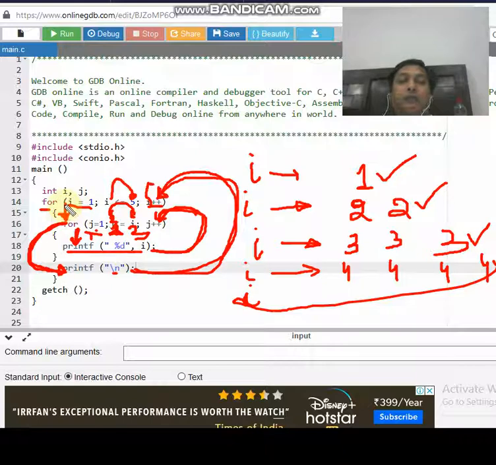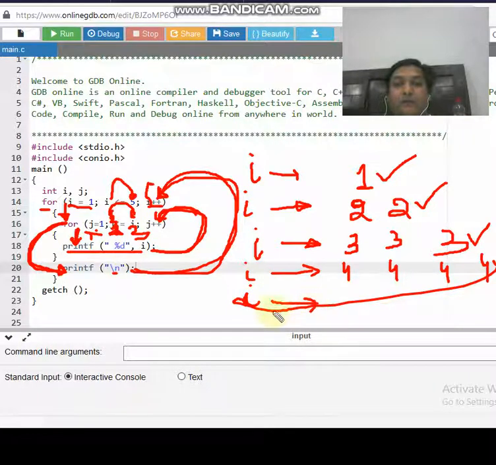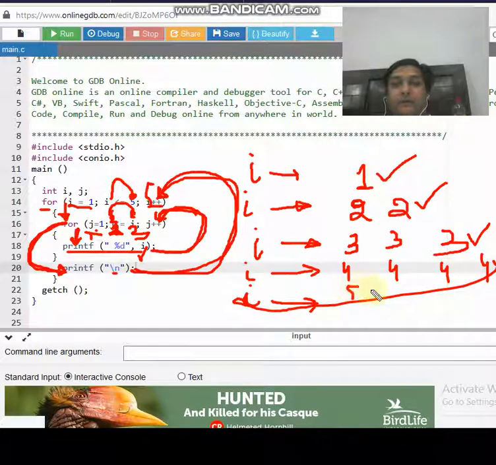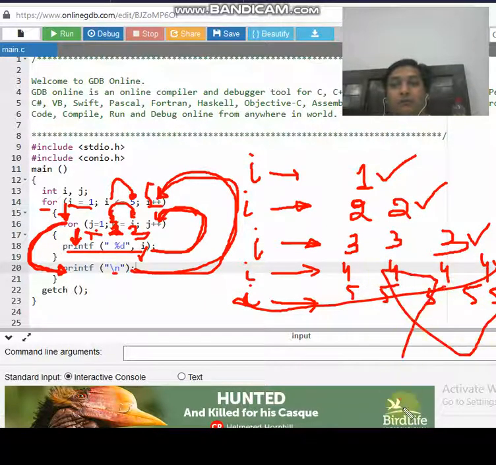Again the control reaches the body of the outer for loop, which is the inner for loop, and again j starts from 1 and goes up to i, that is, j starts from 1 and goes up to 5. So this is how the value of i gets printed. How many times? It gets printed 5 times. The value of 5 gets printed 5 times. And this pattern somewhat gets